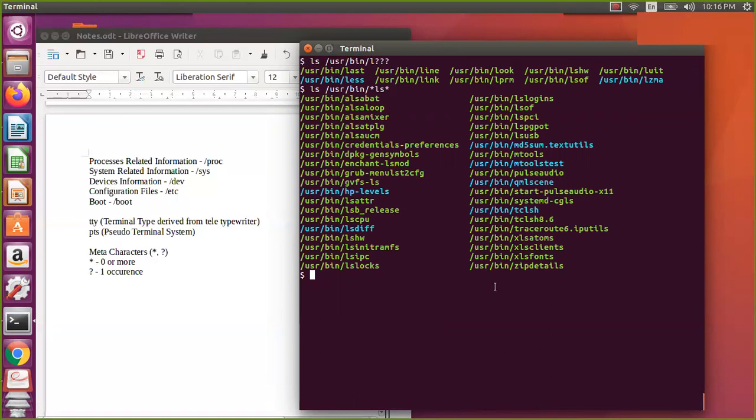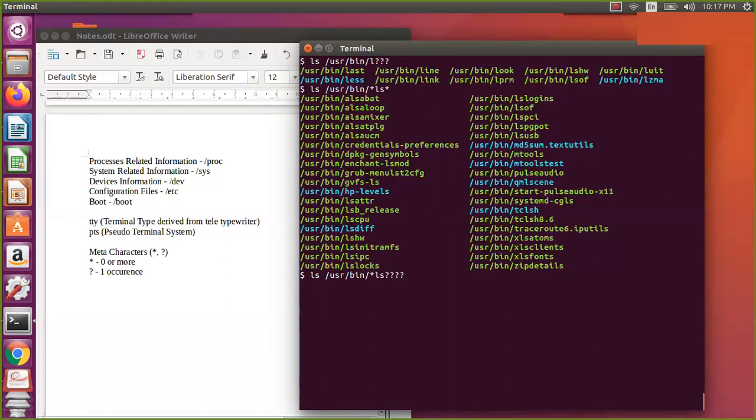So that's what we are trying to see. Okay, so now you can also mix the star and question mark. So that is also possible. If you want to mix star and question mark, you can try maybe ls. So it has to start with anything after ls, but it should have only, let us assume, four characters.